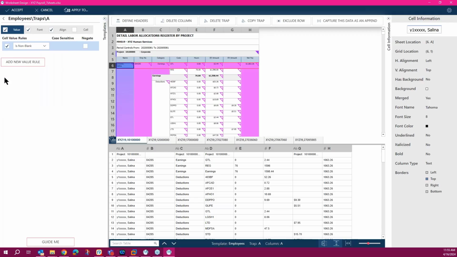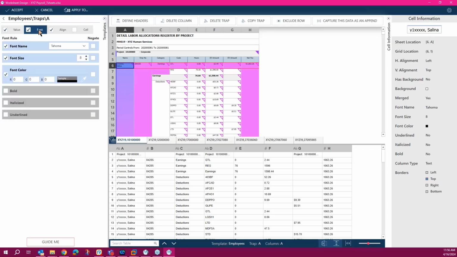So here there are 3 traps applied to this particular cell A. It is set as non-blank. The font is Tahoma. If I click on the cell itself, on the cell properties, you can see the cell metadata information.